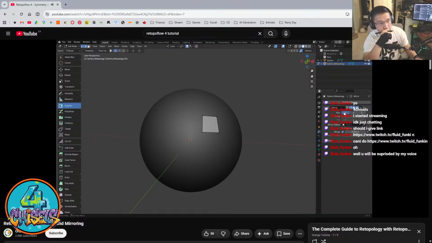But let's switch back to the X axis, and you might notice that if you add the mirror modifier yourself, you're not going to see the result over here on the left. That's simply because Blender's retopology overlay unfortunately doesn't show the result